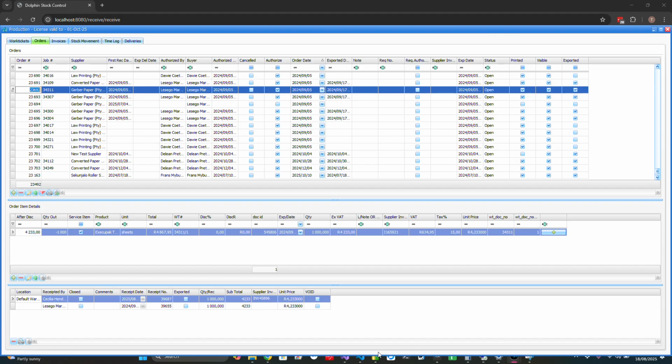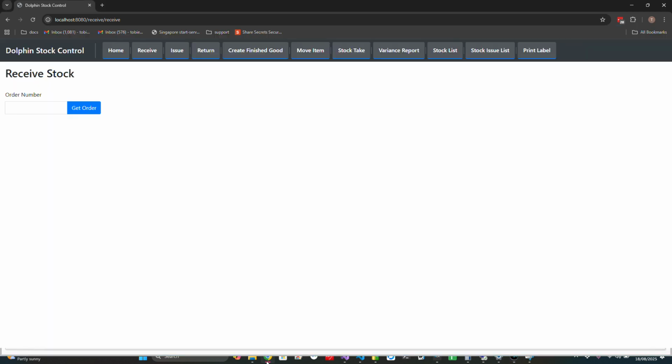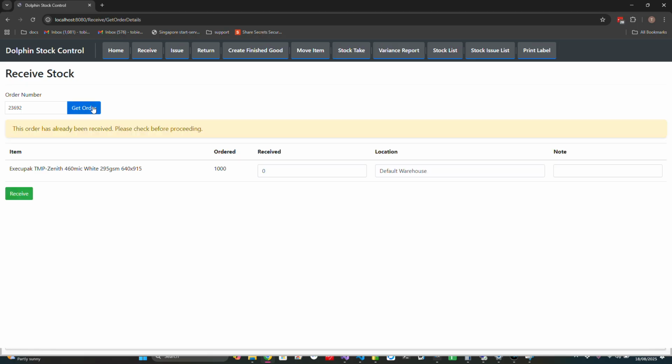And then I put in the order number, and then it will show me the order. So in this case it says it's already been received, but it will allow me to receive again. So I can put in the quantity and then the invoice number or anything else in the note. So I'll say receive,